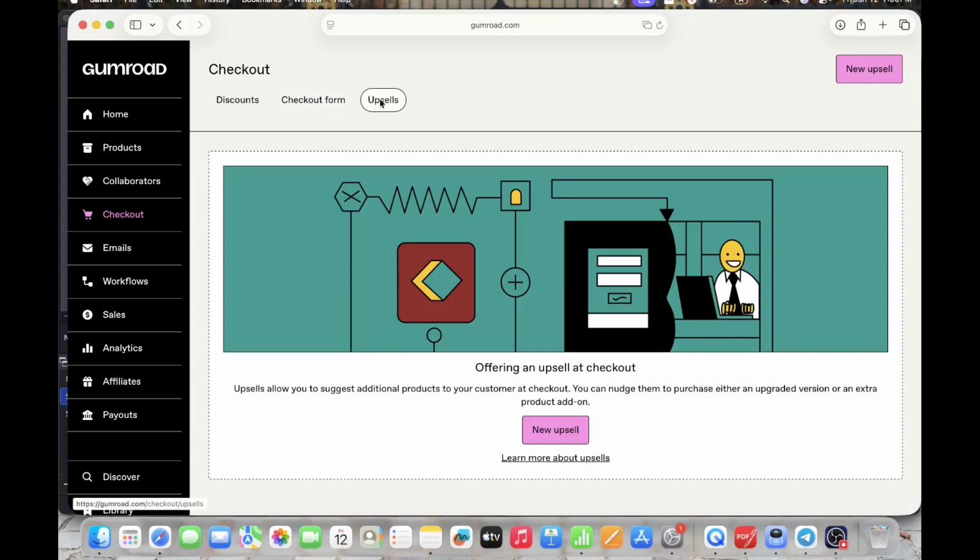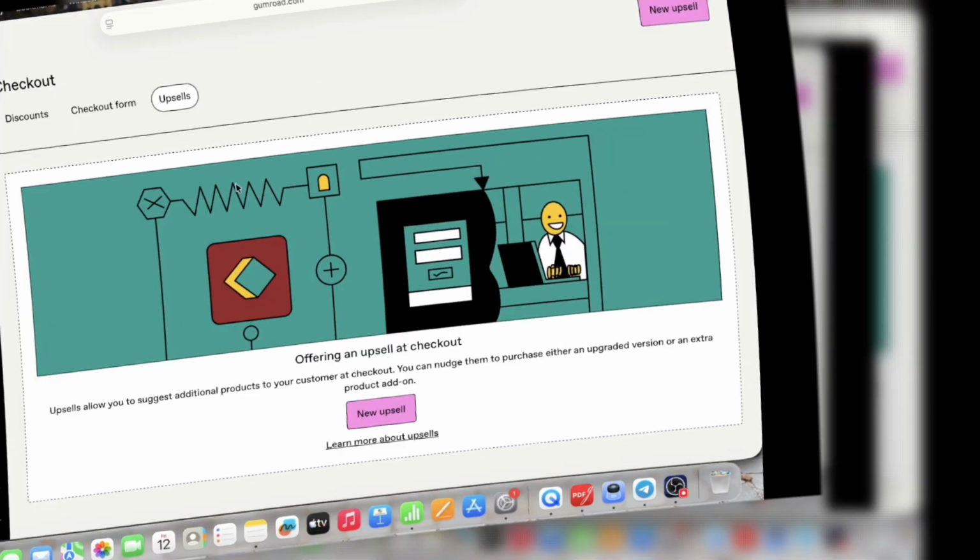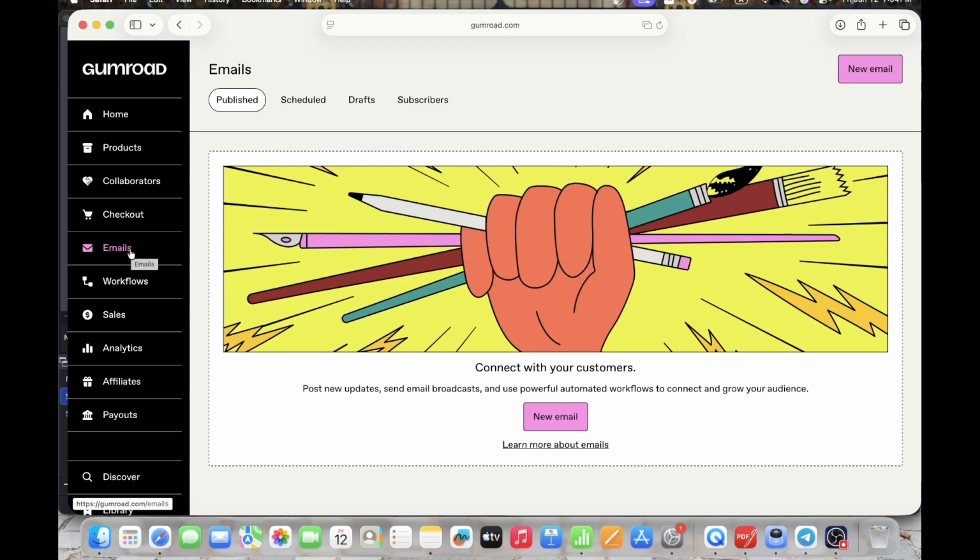And also upsell. This is a new upsell, and upsell allows you to suggest additional products to your customer at checkout. This is good for your customer to purchase, to upgrade, to know about the upgraded version of your product. So the next tab is email, and you can add a newsletter that you can send to your